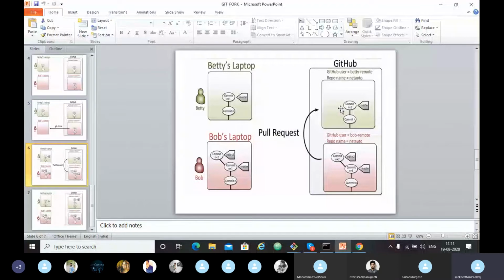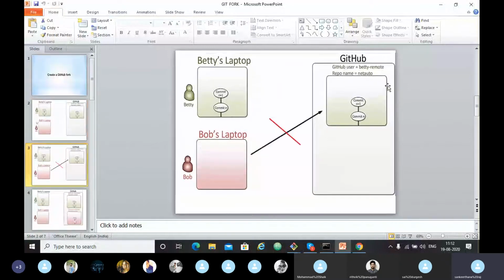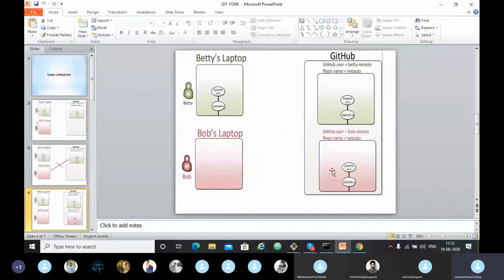So what does GitHub fork mean? It is just a copy of our repository so that anybody could work on their local computer without having access to my repository. My friend Bob can work on this fork to whatever extent he wants.